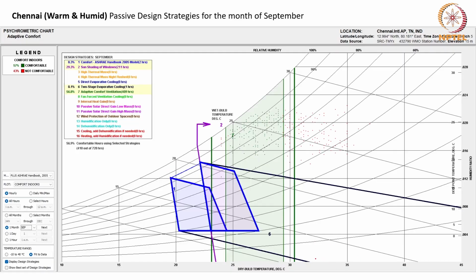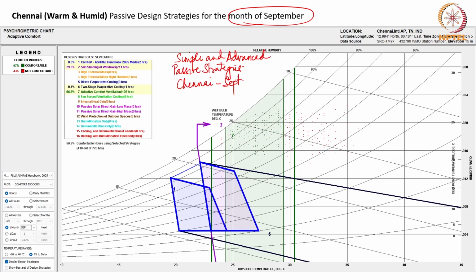Then we will see what happens for the month of September for Chennai. What are the simple and advanced passive strategies for the hot humid climate of Chennai for the month of September? So what happens is